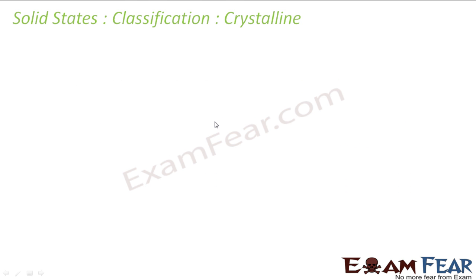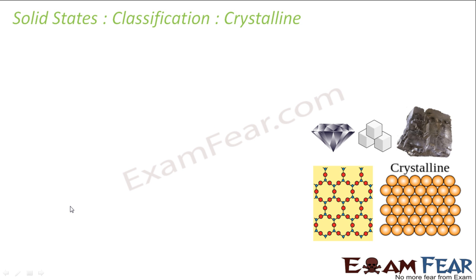Let's understand crystalline in details. So crystalline has a large number of small crystals which are aligned to each other. If you see, they have a large number of small crystals, right? And they have definite geometrical shape. All these crystals will have definite geometrical shape, and these constituent particles, that is atoms, molecules, and